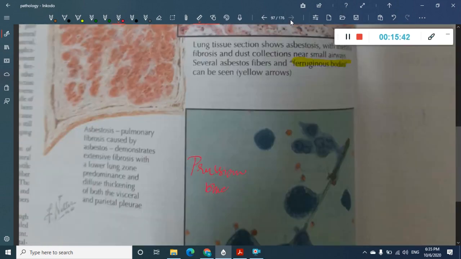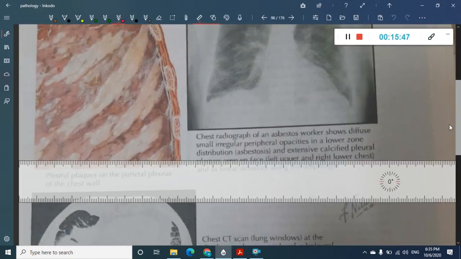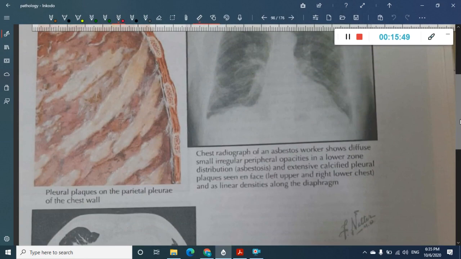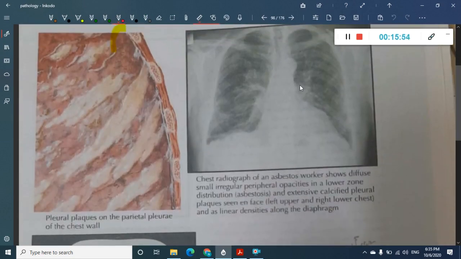Now after asbestosis, the next disorder is, yeah, even this is asbestosis. I have said pleural plaque asbestosis, right? What are pleural plaques? Here in the pleura also you will see the nodules, and we call them pleural plaques. The nodules which are present on the wall of the pleura, on the posterolateral surface, especially the parietal pleura, we call pleural plaques. So here in this picture also you can see these pleural plaques.